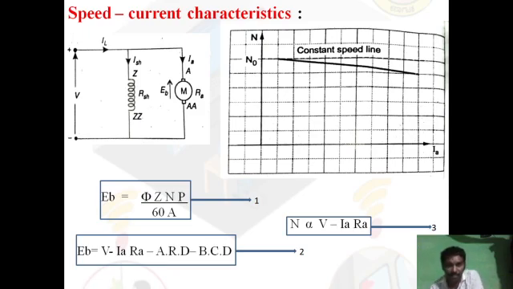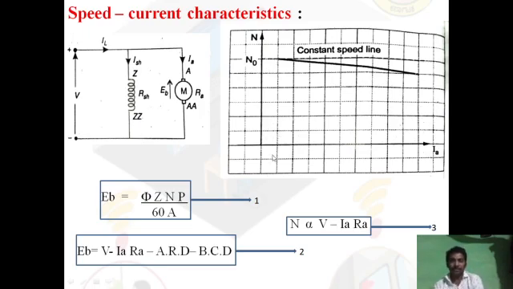If you observe the circuit diagram, all the parameters we know already, we have discussed. The speed is nothing but the speed of rotation of the armature. You have to consider the speed whenever torque is produced. Already we have seen from the working principle, whenever the torque is produced, the armature rotates and runs at some particular speed. That is the speed of the DC shunt motor. At no load, it is N naught.